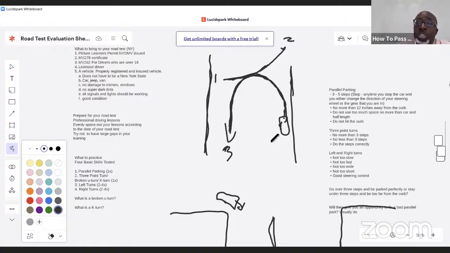The amount of steps are how many? 3, I'm sorry, 3 steps. That's why it's also called a three-point turn. All right, and these are the steps, the points: 1, 2, 3. And if you look at that diagram that I have up there,